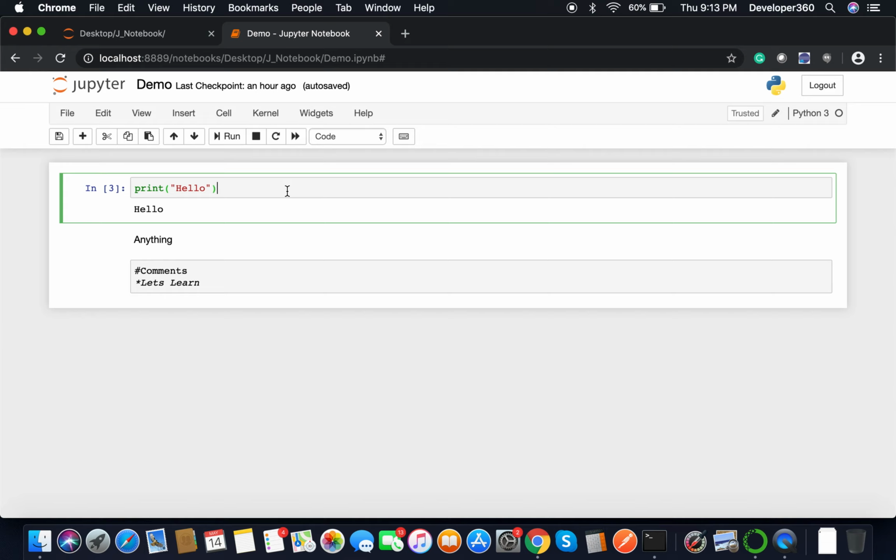In coming videos I'm going to explain more about this, and you're going to love this tool. My recommendation is, please use this one. You can use others also, that's not a problem, but this is my favorite, that's why I might be insisting on it. You can even create a .py file and run it through the terminal. Maybe in the future I'm going to create a video for that also, so that you can compare those things.